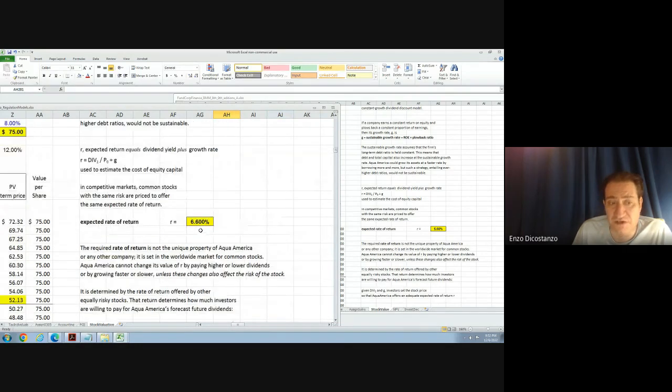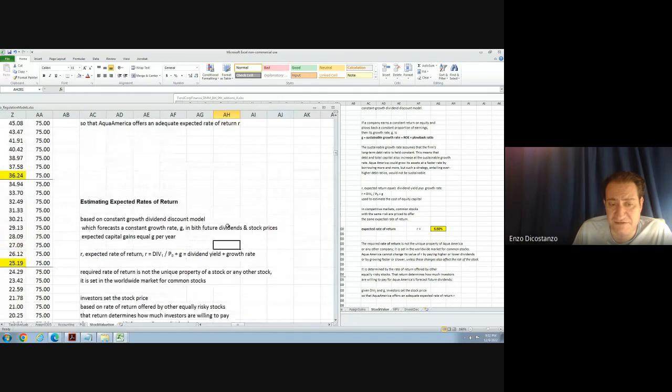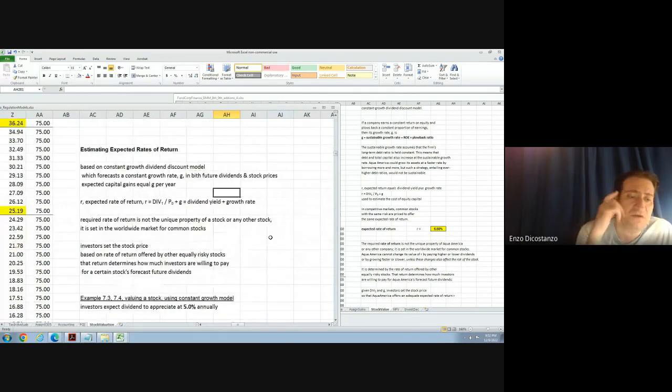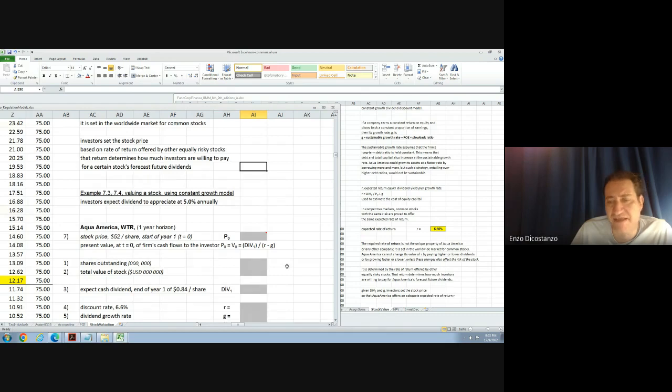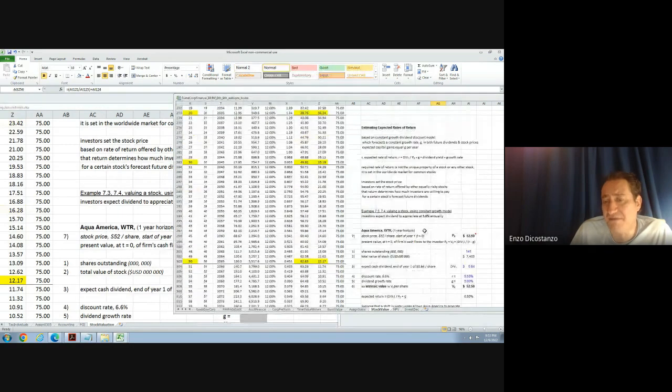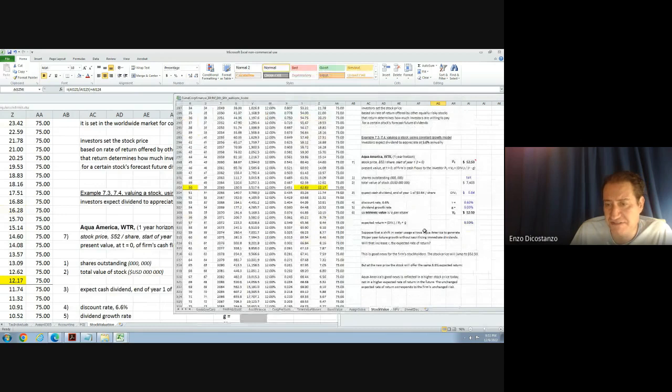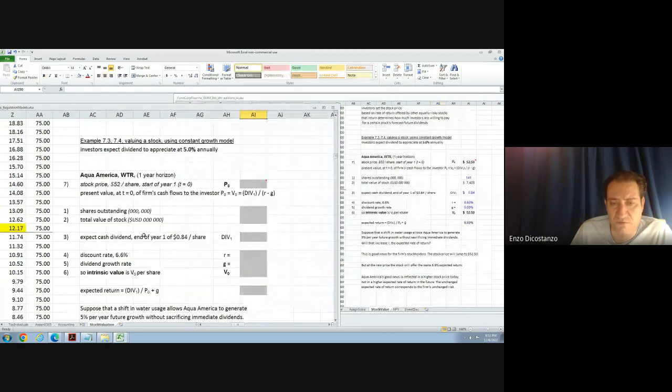The required rate of return is not a unique property of a stock, and it's set in the broad market for common stocks. Investors set the stock price based on the rate of return offered by other equally risky stocks. And really, at least my angle on valuation is what the cash flow is going to look like. This next version of this,